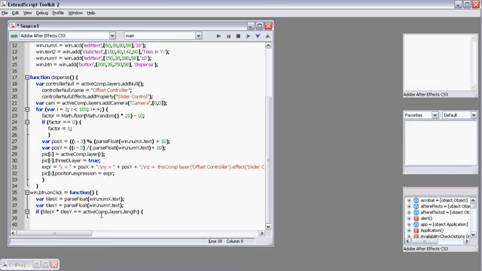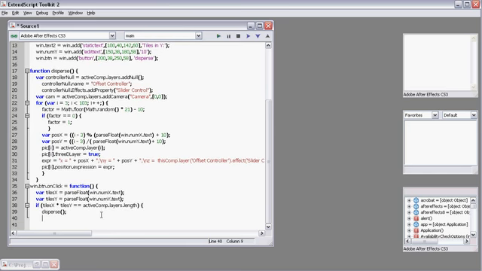Then I'll execute my disperse function, and also I will hide our window, win hide, and this means everything,